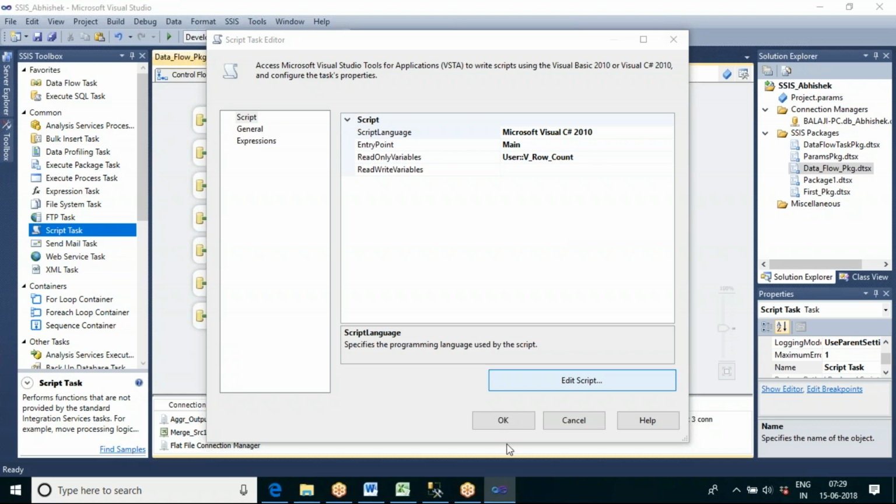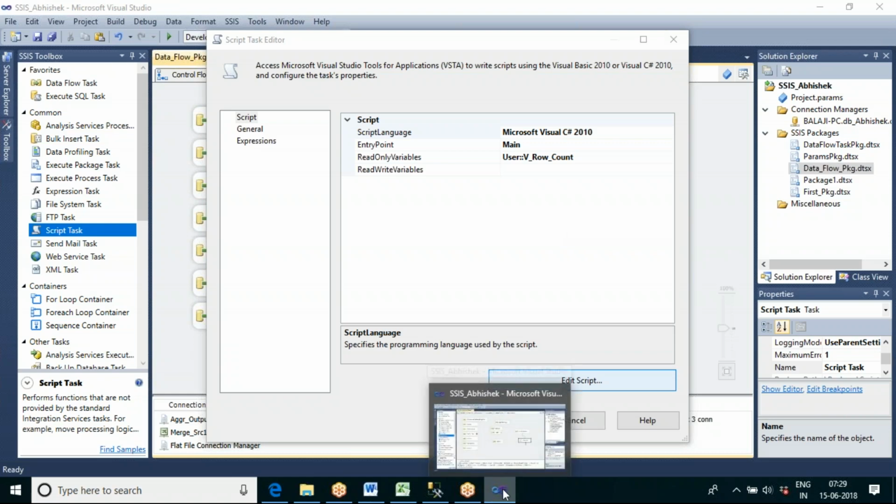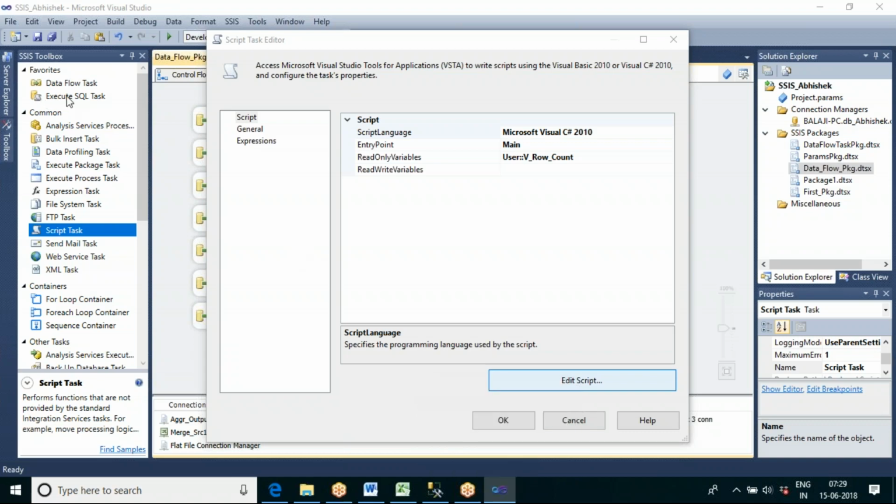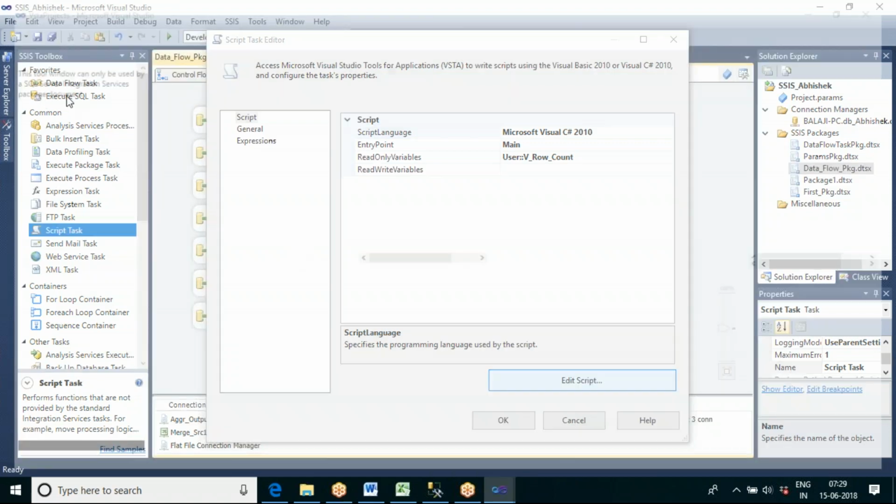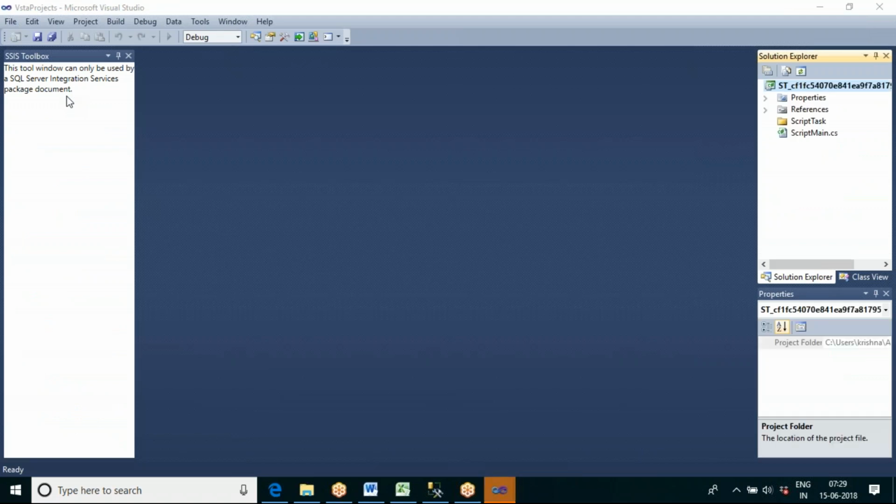So they can take the help of the script task. If you are a .NET developer, you will use this script task very frequently. If you are a SQL developer, you will use the Execute SQL task very frequently. If you don't know anything, you can also easily learn this SSIS, no problem.